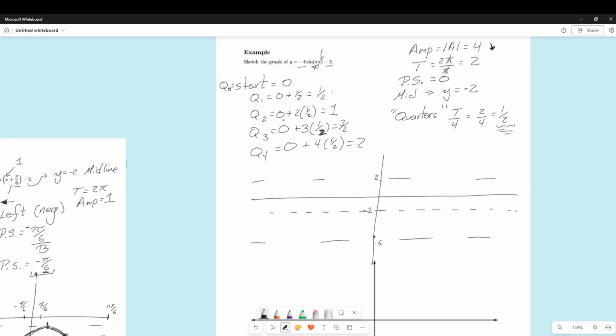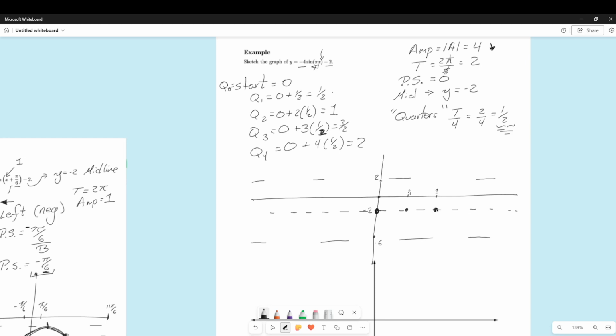And then here we have our quarter points. So our critical points, our points of interest, are going to happen at 0. And notice I'm plotting them on our midline, but that's from the 0 up there on the x-axis. Then 1/2, 1,